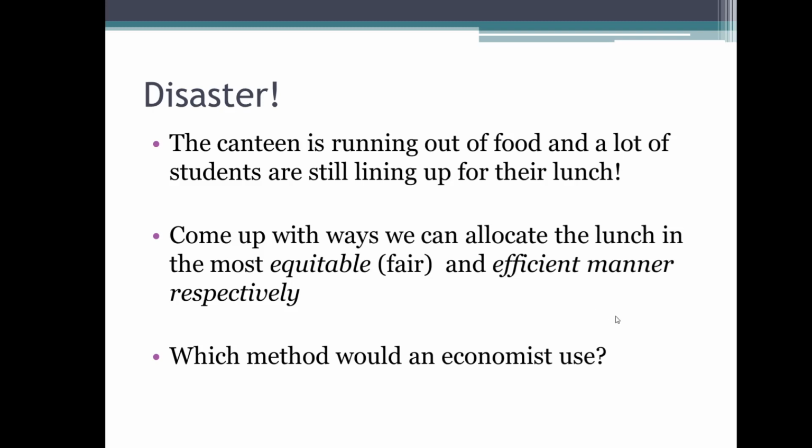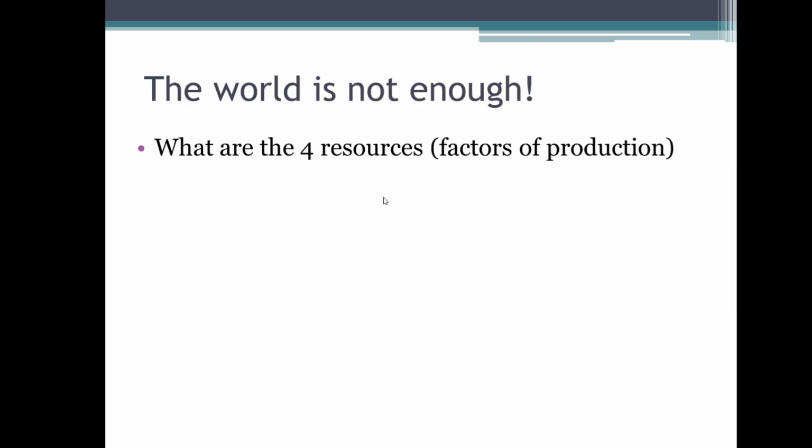So now, let's go back to basics. What are the 4 resources? Can you just quickly tell me? Come on, I'm pretty sure you still remember them. Factors of production: capital, land, enterprise, and labor. That is very good. Or you can just remember this: CELL, just like that.